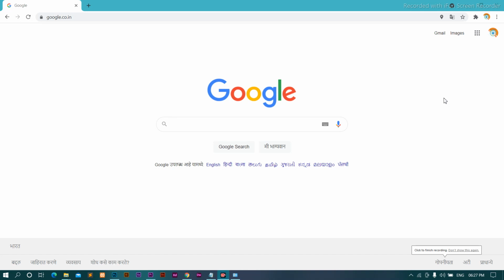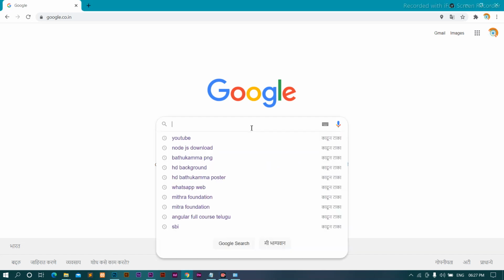Yeah, hi guys. Now we need to learn about how to install Node.js. It's a very useful application for connecting front-end UI to database. So, how to install Node.js in our PC or in our system, in the Windows operating system. So, right now we need to download the Node.js application from the